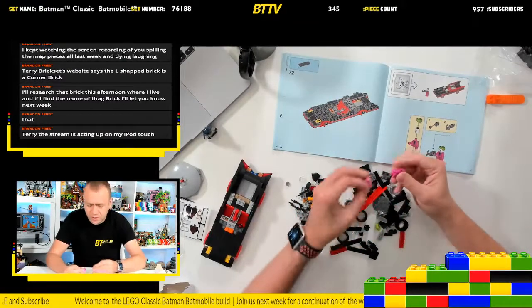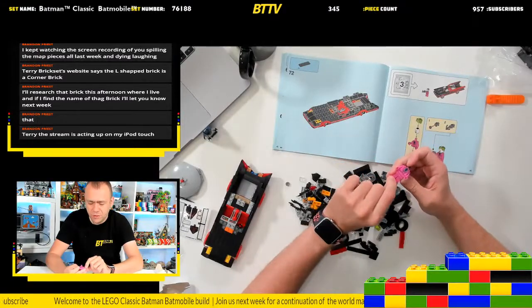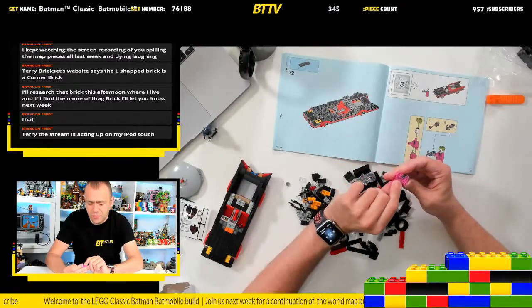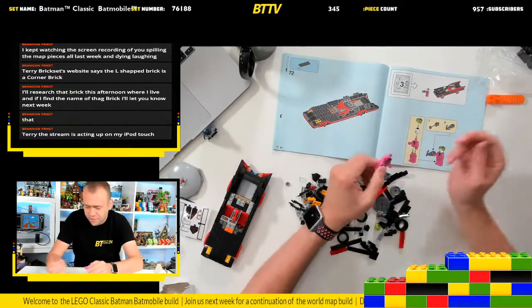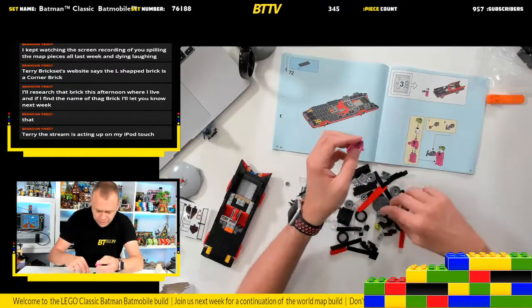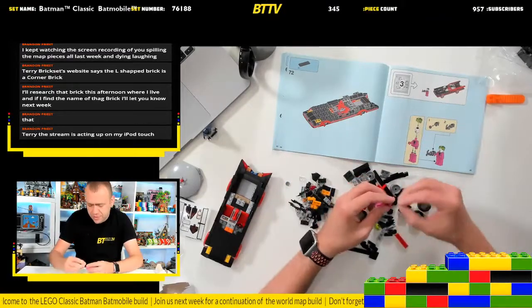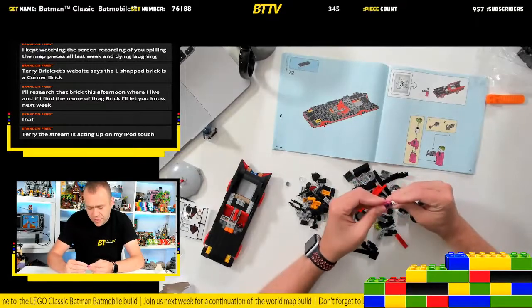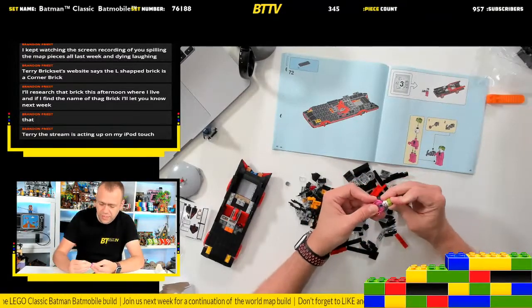But we need to make the Joker here, so we've got some nice pink striped legs and a lovely torso there, printed with his usual suit jacket. Also printed on the back to infer he's got a bit of a jacket crease going on. Then we've got the Joker's white face. We'll put a smiley face on. His nice green hair,